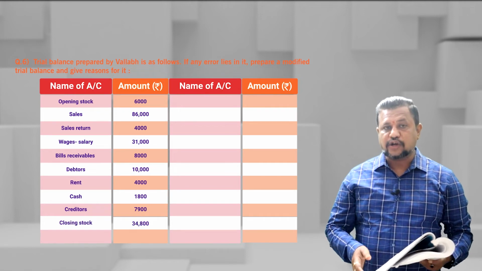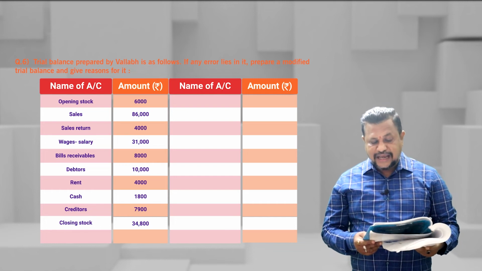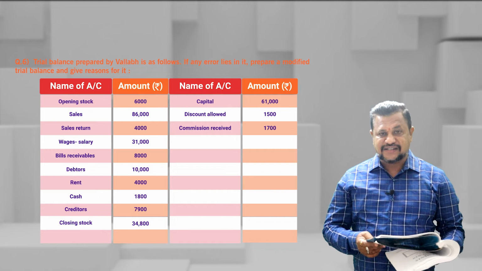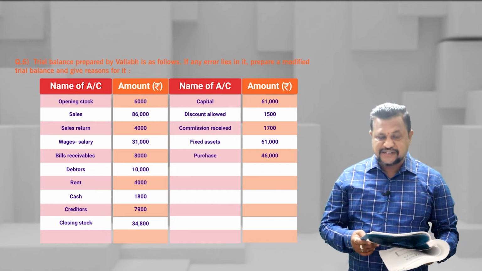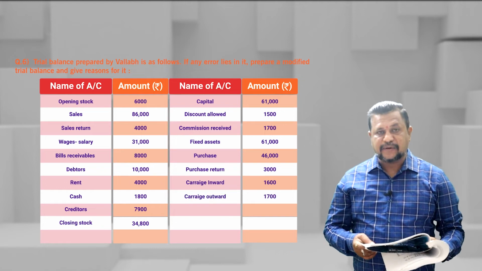These items are given on the debit side of the trial balance. On the credit side, capital, discount allowed, commission received, fixed assets, purchase, purchase returns, carriage inward, carriage outward, bills payable and